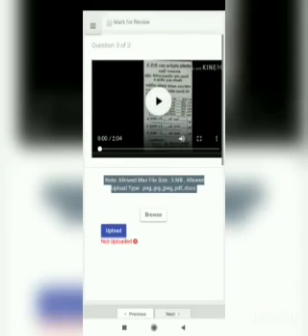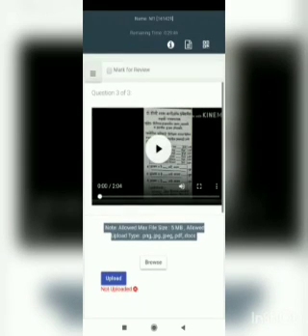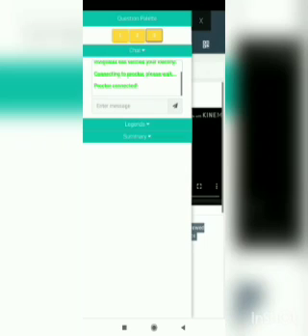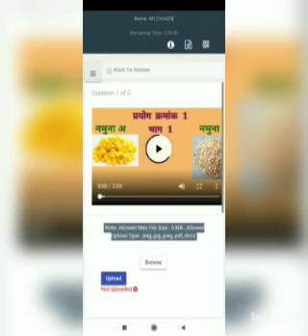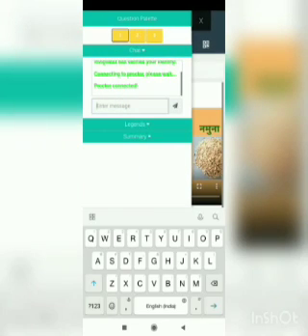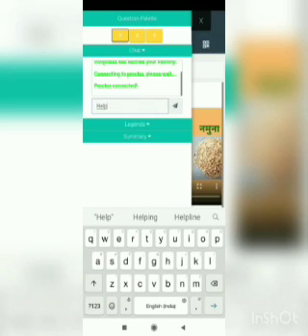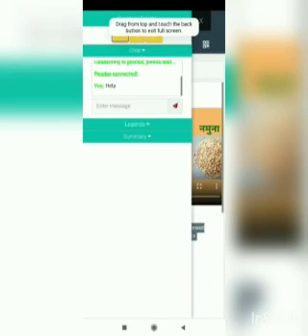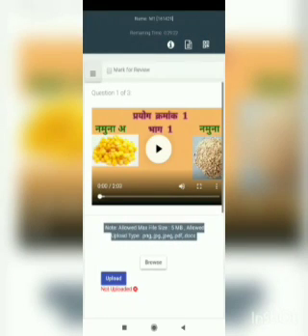Since it's an experiment examination, there will be around 3 to 5 experiment videos, and you have to watch all those videos and conduct the experiments on blank paper. To conduct the examination, you have to simply click on that play button, and once you watch the complete video, you have to do that experiment on paper.